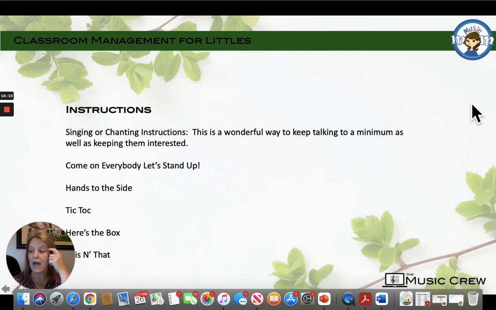Now, the collection verse for Here's the Box, which is a piggyback tune to This Old Man, says, here's the box, take your stuff, pass it around and fill it up with a hey, nonny, nonny, and a honey, how are you?